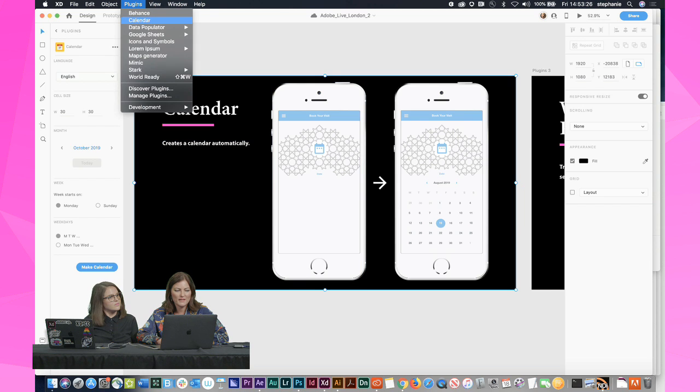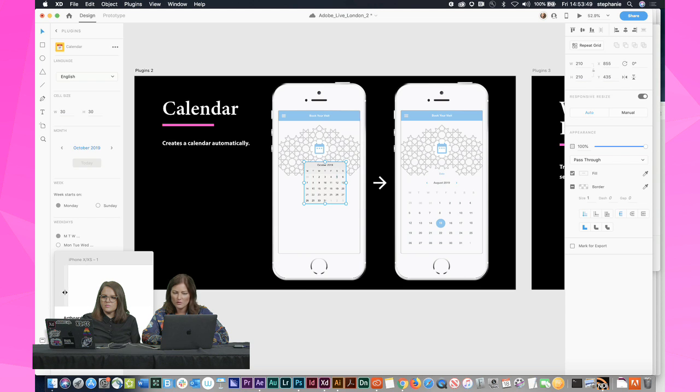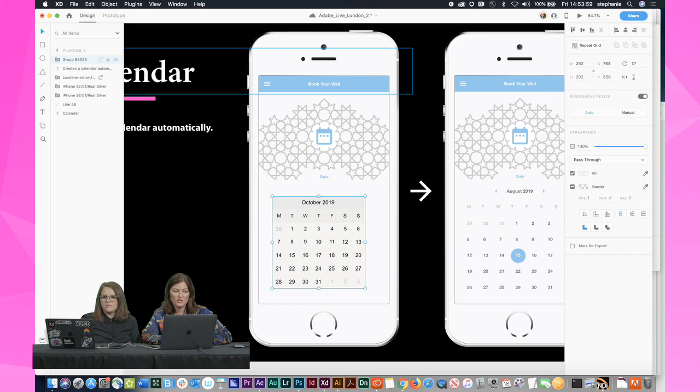So the cool thing here is that with the calendar plugin, you have options like cell size, but I usually never use it because it just populates it as a functional thing that you can change. You can select whether the week starts on Monday or Sunday, or whether the weekdays are labeled with single letters or an abbreviation. And I can just hit calendar, and look what it pasted. It pasted this entire calendar. I can scale it up, and that would take a long time to do, wouldn't it? So it just pastes this group over here, and when you open this group,